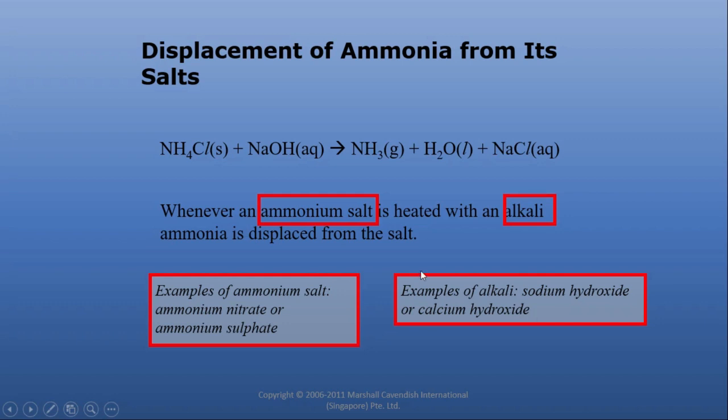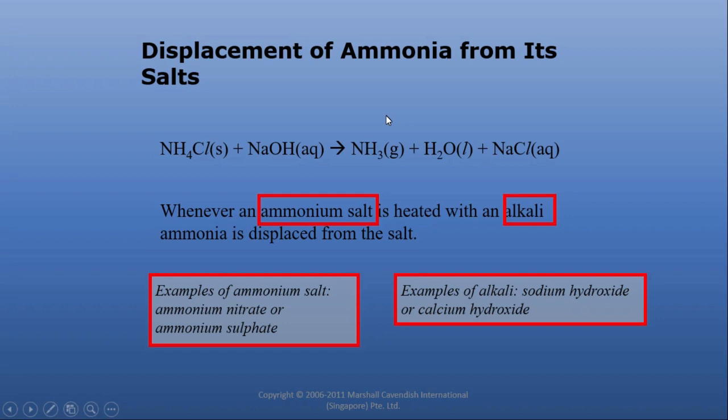From here you will get one point, that in the topic of alkali we discussed that we use lime or calcium hydroxide or calcium oxide to reduce the acidity of soil. So can we use nitrogenous fertilizer and lime at the same time in the soil? No, we cannot use these two at the same time, because when these two react, ammonia gas will be liberated. There will be no use of fertilizer, because we are using fertilizer to get nitrogen, but we are not getting nitrogen from this fertilizer because it is liberating ammonia gas.